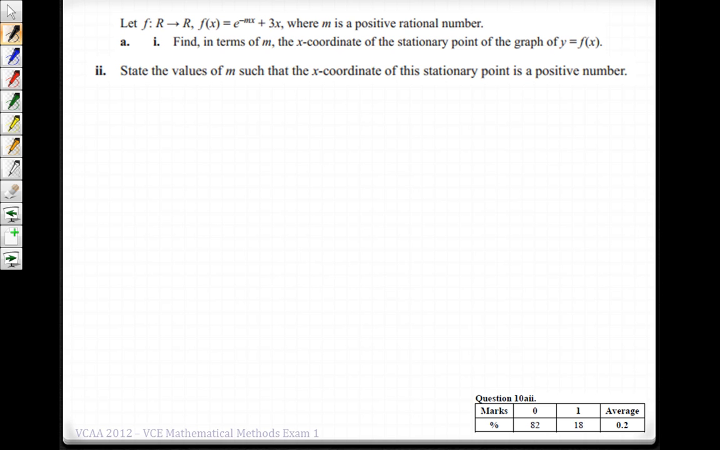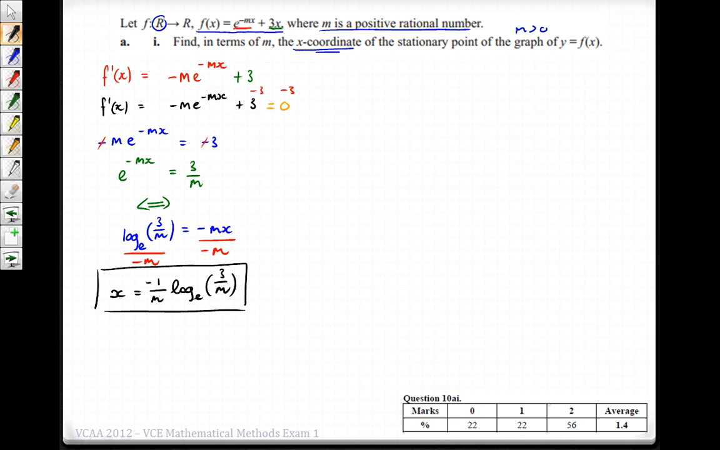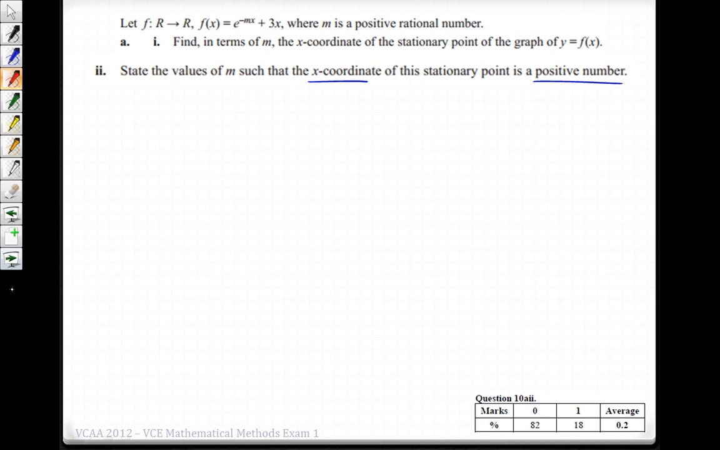Alright, so part 2 says state the values of m such that the x coordinate of the stationary point is a positive number. So we want the x coordinate to be positive. So this fooled a lot of people. So you got 56% of kids getting the first part right. So all the way down here, over half of the people got to this point, but only just under 20% actually got this bit right,